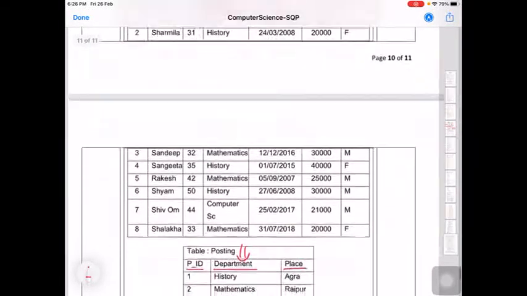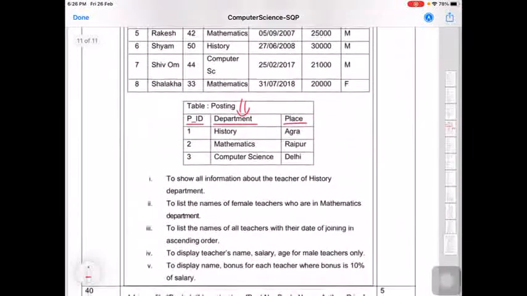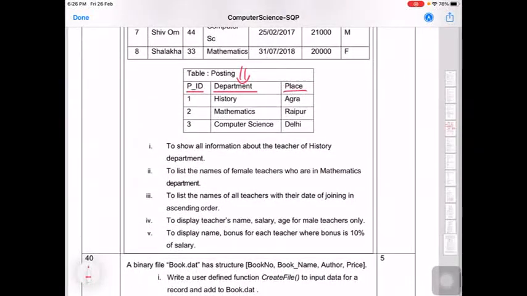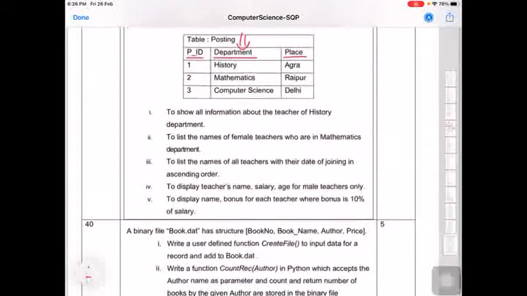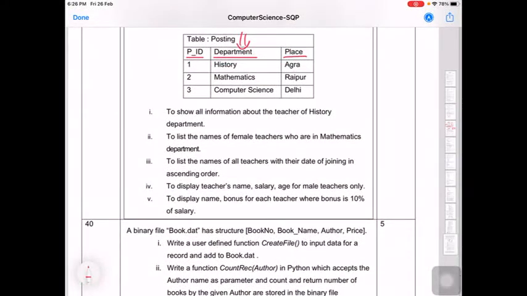Now let us go to this queries part. Please focus and listen carefully to what I am saying, how you should approach the queries. There are two types of queries. Number one, where you have to write the query. Second, where you have to write the output of the query. Here you have only the query based one. So we will discuss the approach for both.